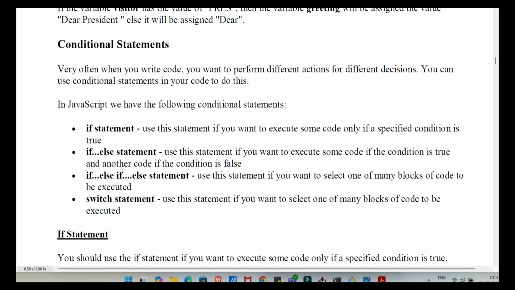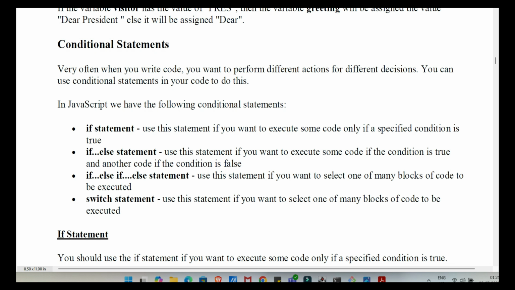And for a more concise way to handle simple if-else logic, there's the conditional operator, sometimes called the ternary operator. Yes, it's a very neat shortcut for assigning a value based on a condition. Its syntax is variablename = (condition) ? value1 : value2. Question mark and colon. Right. It assigns value 1 if the condition is true and value 2 if the condition is false. For example, greeting = (visitor == "PRES") ? "Dear President " : "Dear ". Oh, neat. If the visitor variable equals PRES, greeting becomes "Dear President", otherwise it's just "Dear". It's a compact way to express a simple conditional assignment, which can make your code much more readable for these